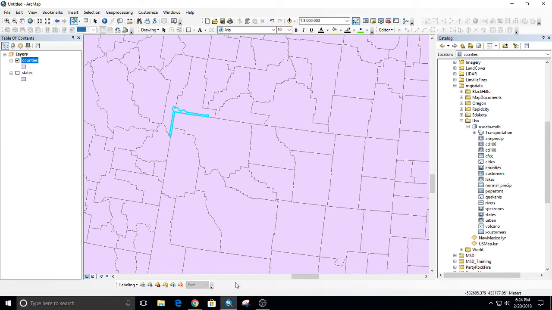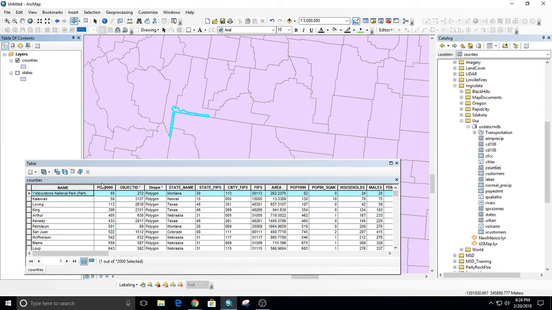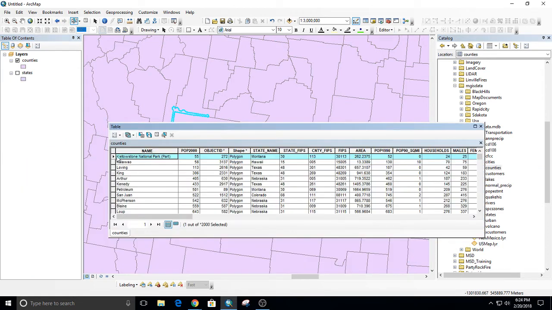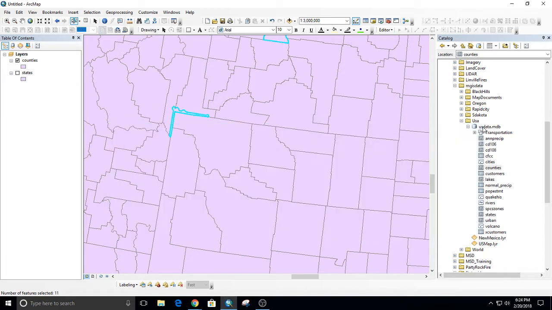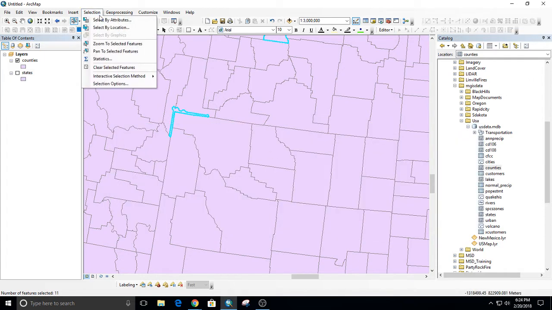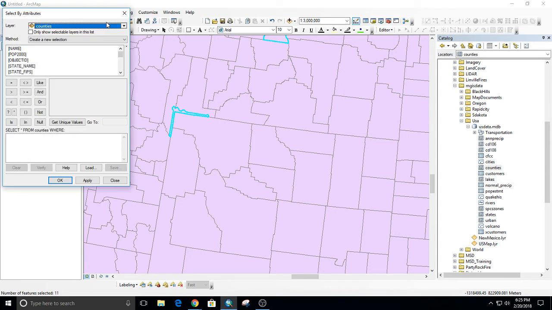Now, you could do it from the table by sorting, and then selecting all the way down till you find the one 5,000. I don't even know where I am now, right? But that's not the best way to do it. The best way to do it would be to select by attributes. So under the selection drop-down, you can select by attributes. Select by attributes